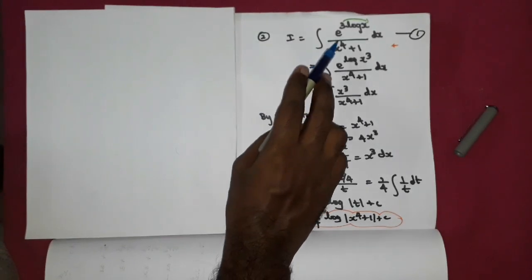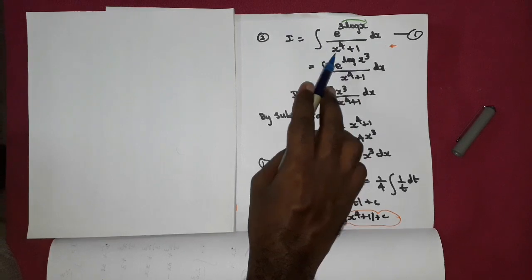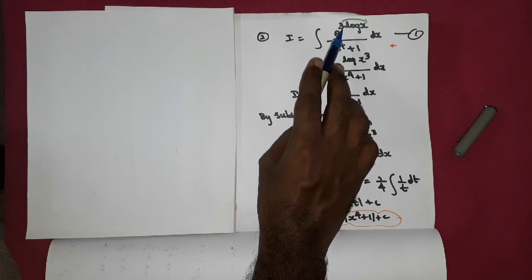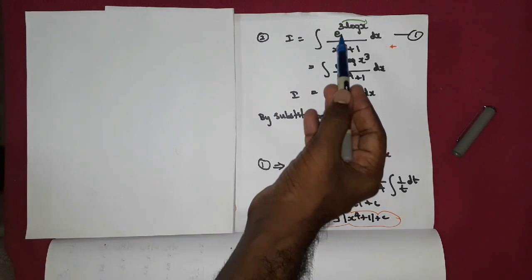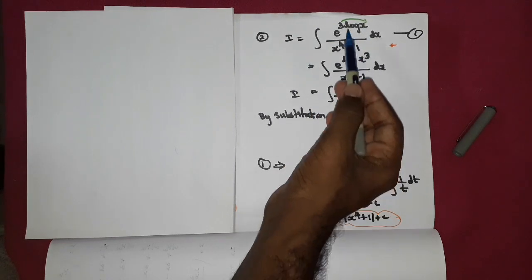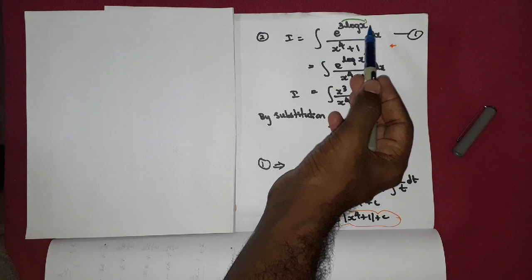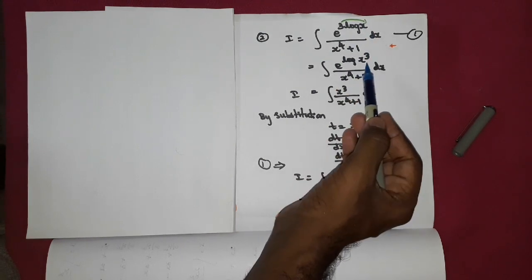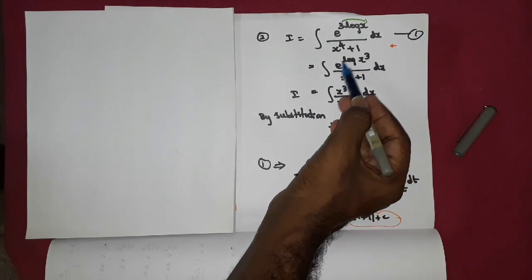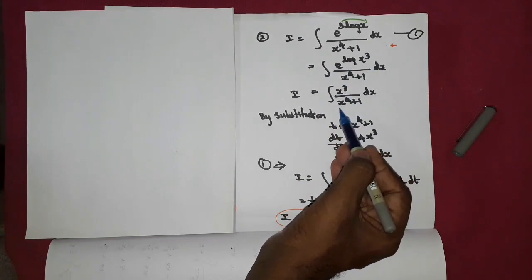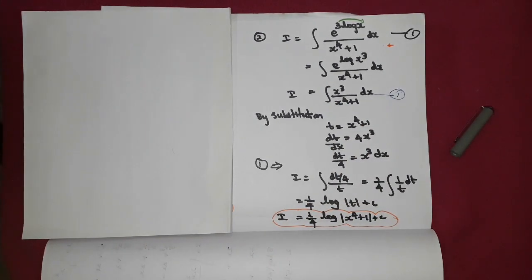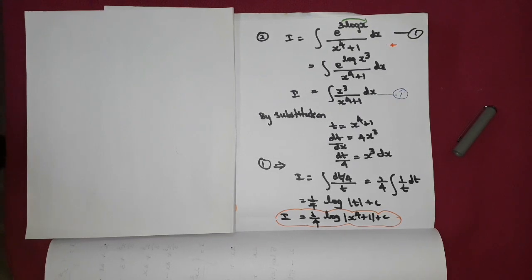I equal to integral e power 3 into log x by x power 4 plus 1 into dx. Actually here before log we have a number 3, and we have learned a property. M log a means you can write it as log a power m, that is the number can be taken to the power of x. So we have e power log of x power 3, and this e and log will be cancelled immediately. So you get this stage now. So we get I equal to integral x cube by x power 4 plus 1 into dx.